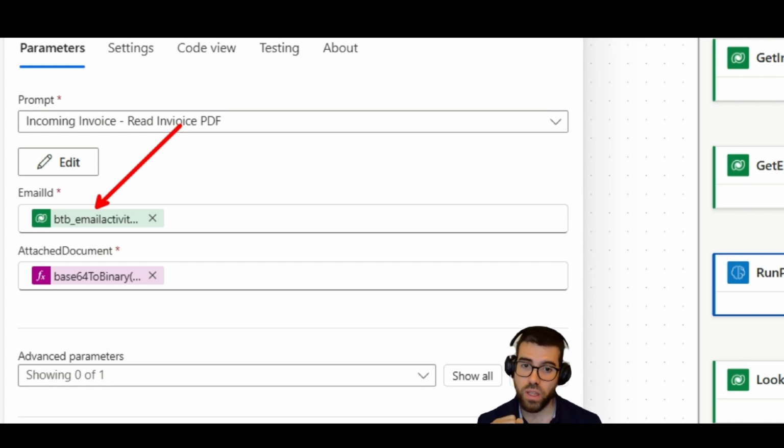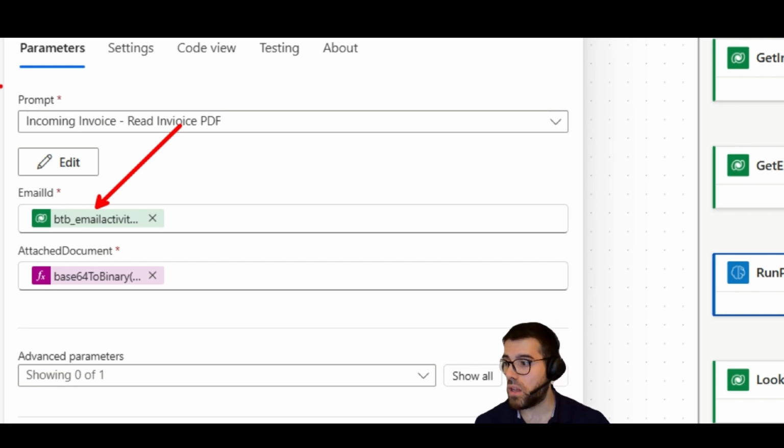So if we give the identification of the email to the AI model, and we'll see how to do that in a moment, we are giving that as further context, for example, to obtain more information from the body of the email,